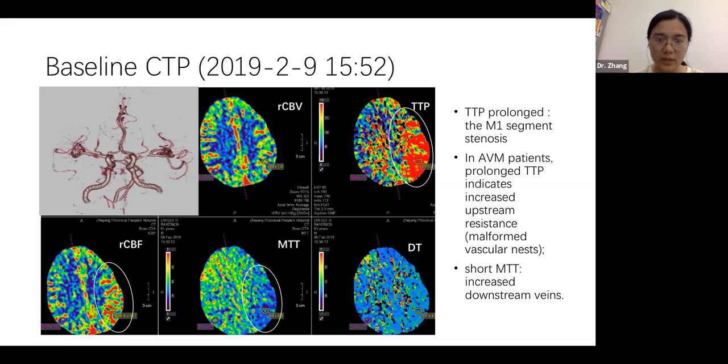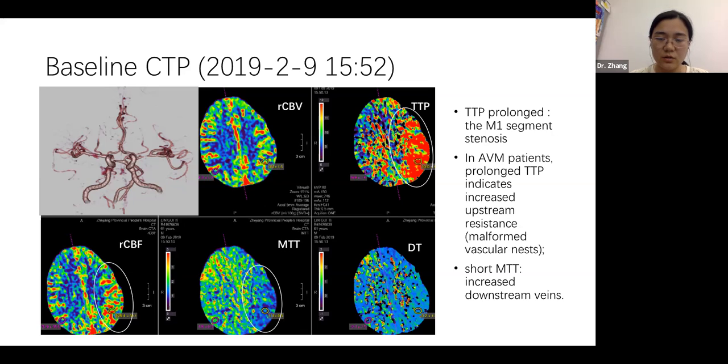Firstly, because we consider this patient was an ICAS patient, he maybe had an M1 segment stenosis previously. So this time the stroke is about a collateral failure. And the short MTT is always seen in AVM patients, because prolonged TTP indicates increased upstream resistance. That means a more formed vascular net. But for short MTT, that means increased downstream veins. That means although we have